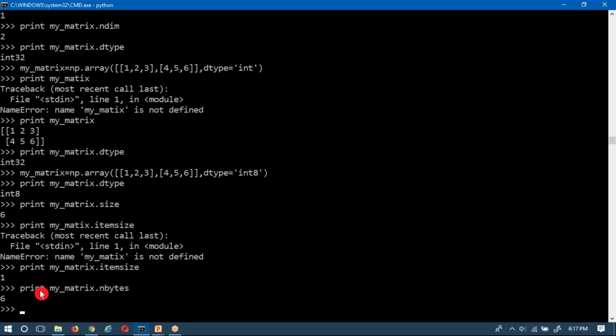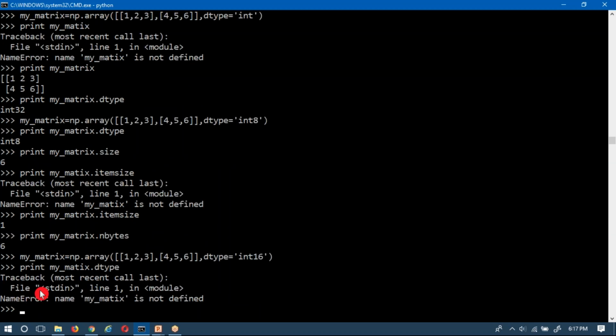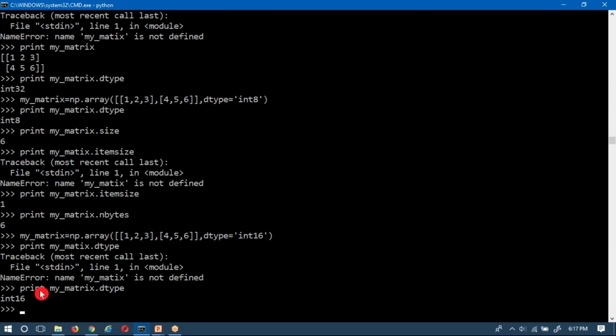Suppose you change your data type to 16. Now if I print my matrix dot dtype, we already know integer 16 means 16 bits we are using. Again it is the matrix, integer 16.